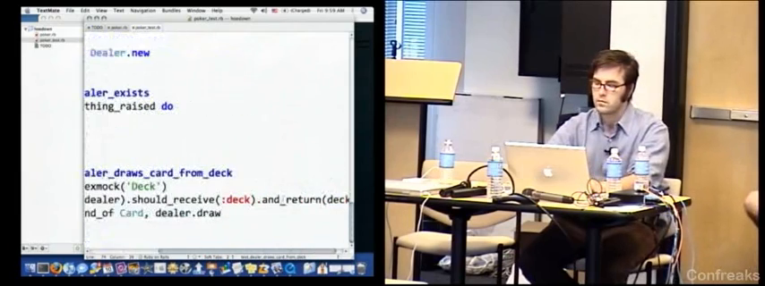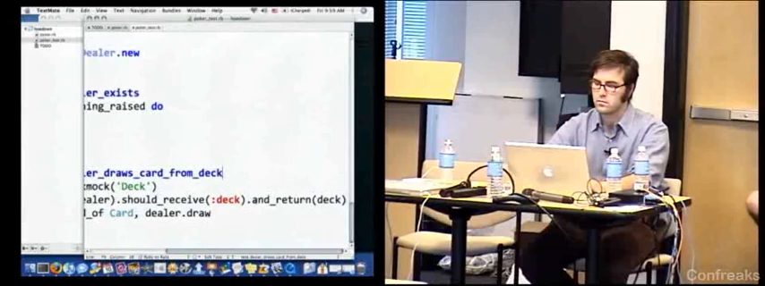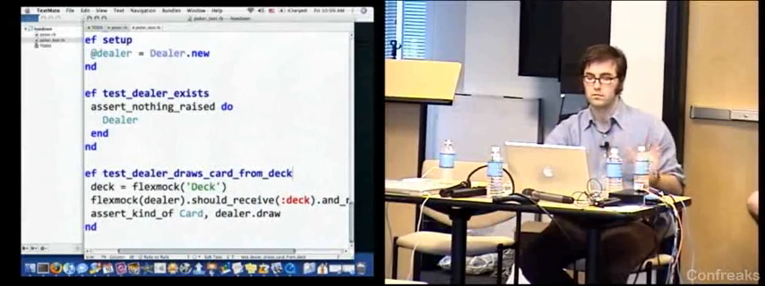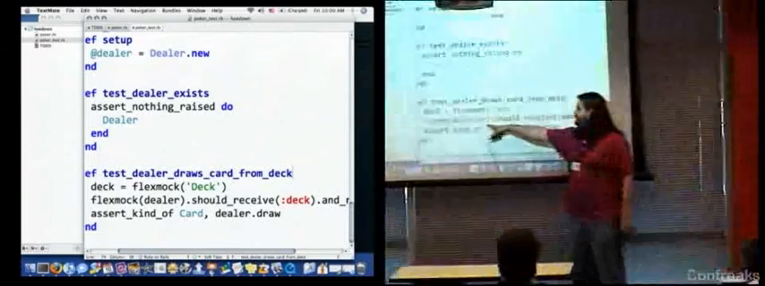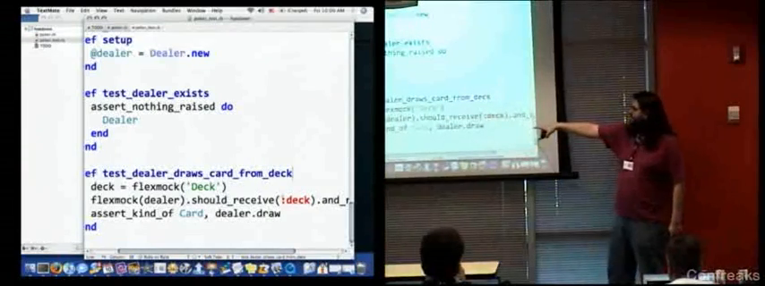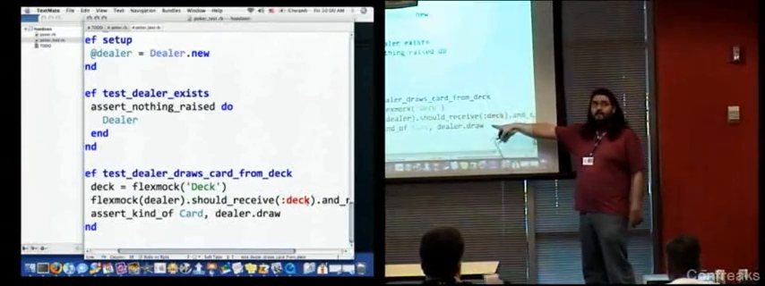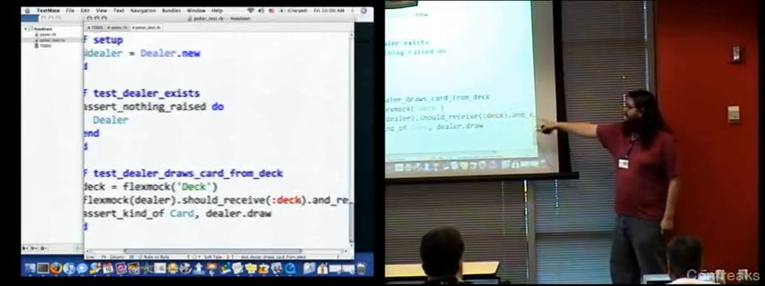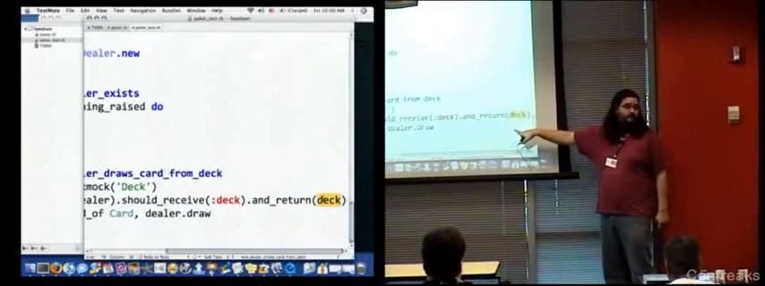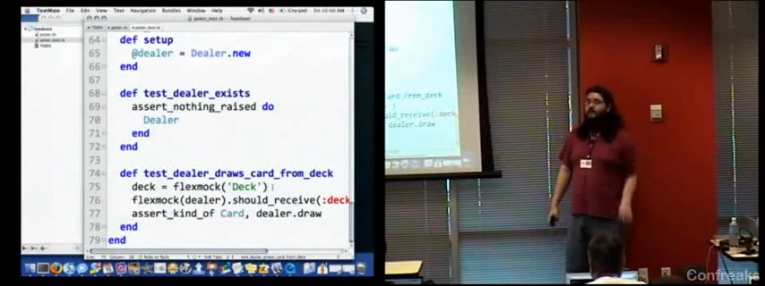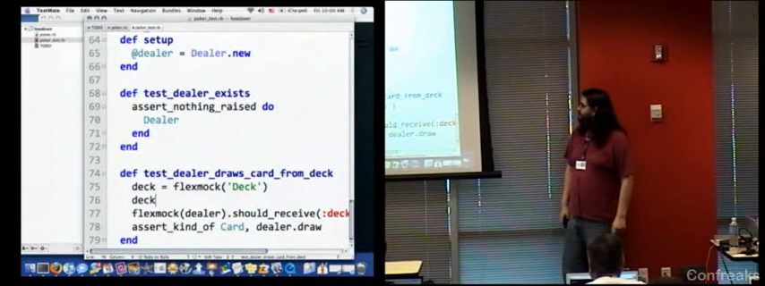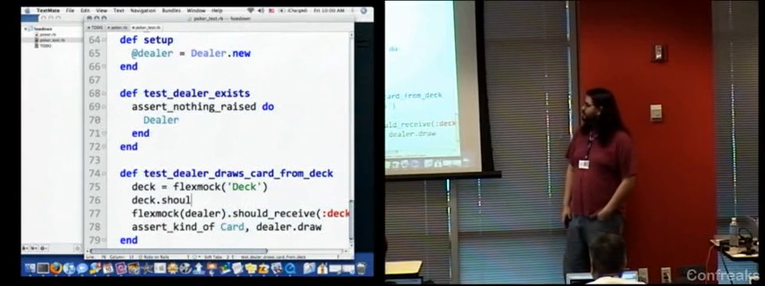Yeah. So to explain what these mean, FlexMock dealer, as Marcel says, adds behavior to that dealer object. So it actually modifies this thing in place, wraps it. And we're saying that it should receive a method called deck. And it will return whatever we put here, deck, right? And that deck is just a full FlexMock object that we can put expectations on. So we want to do deck should receive draw, right? And return